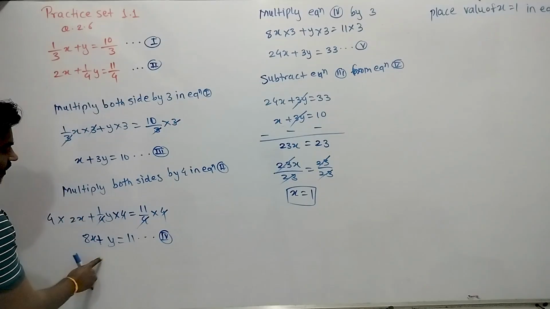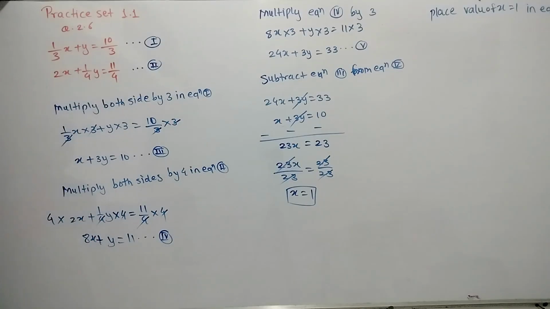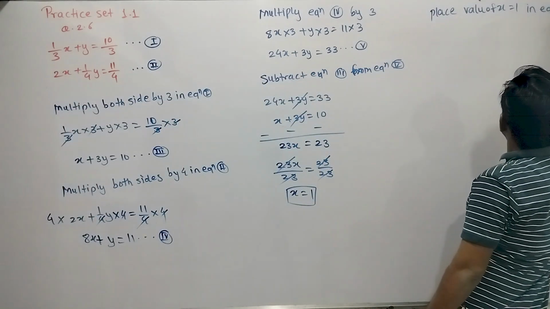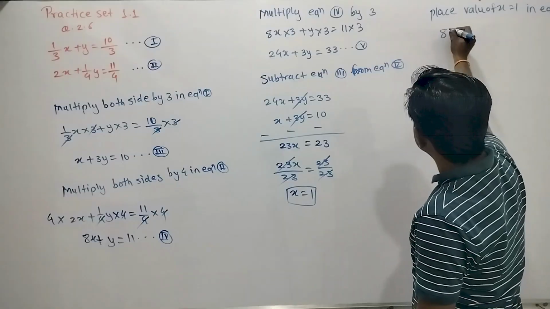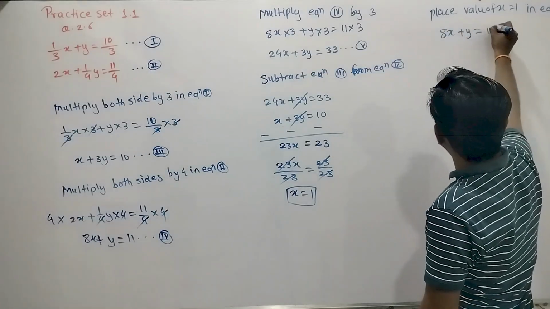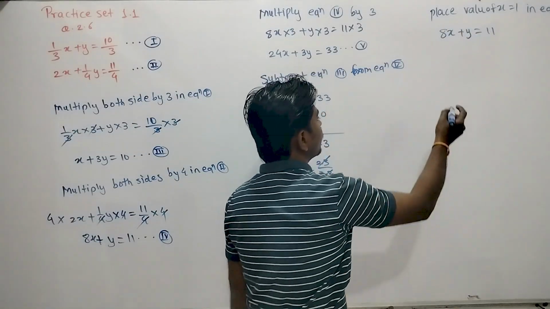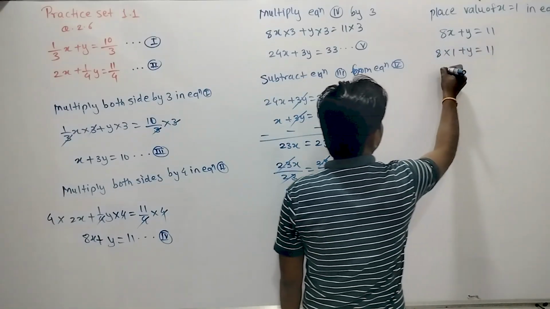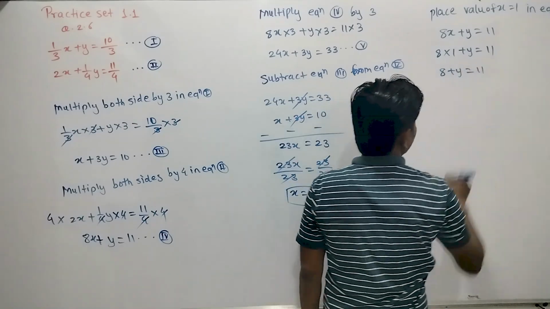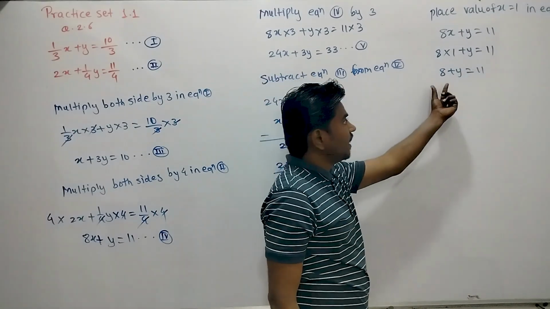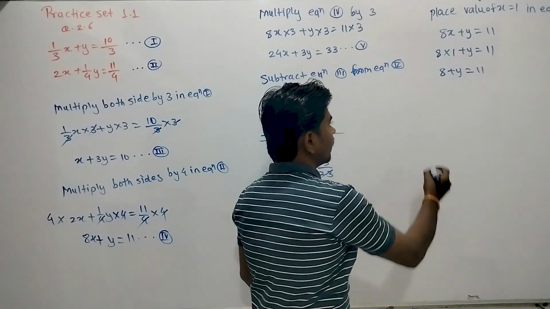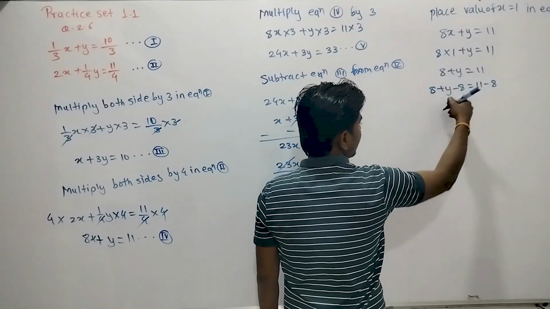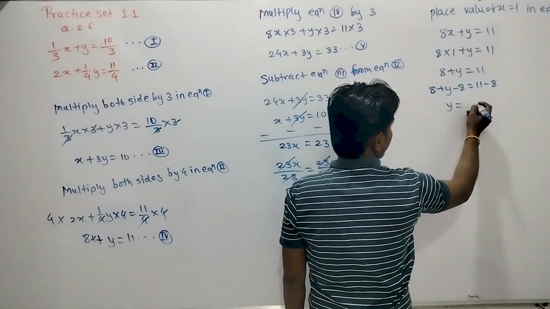Now which equation is easy? Here, this fourth number equation has only one y and no coefficient, so we are going to take this equation fourth. What is our fourth equation? 8x plus y is equal to 11 is our fourth equation. And what is x? 8 into 1 plus y is equal to 11. 8 ones are 8 plus y is equal to 11. So, to eliminate this 8, we need to subtract 8 from both sides. 8 plus y minus 8 is equal to 11 minus 8. This 8 will become 0, only y will remain, and 11 minus 8,